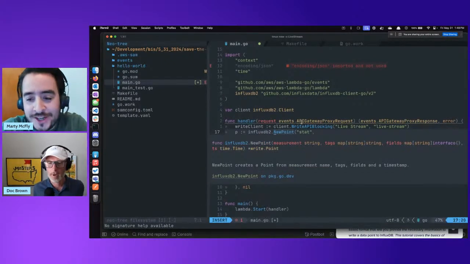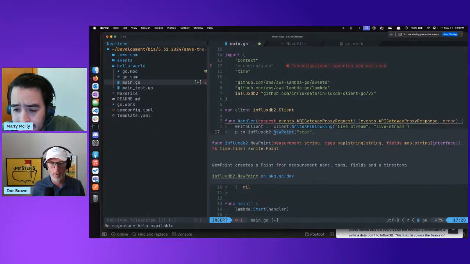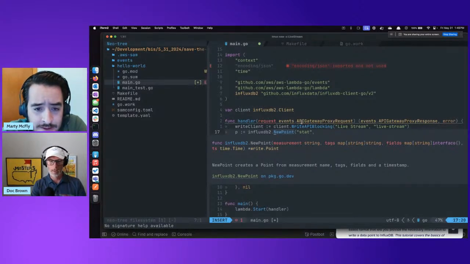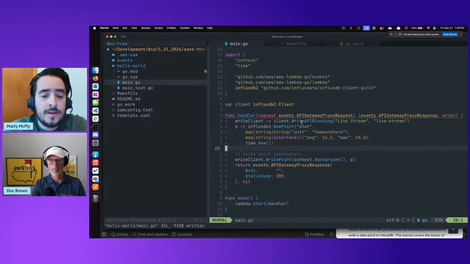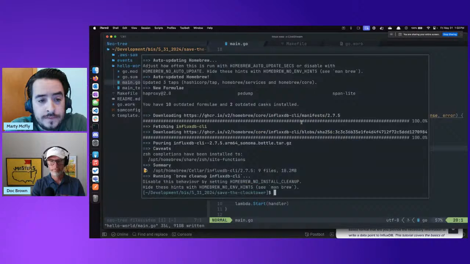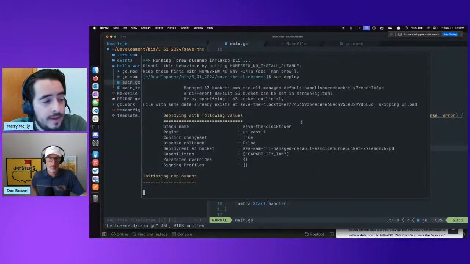There. Okay. No, it returns back a point, and I wonder if I can marshal that point too. I tell you what, let's do this. Let's deploy and hit that endpoint and see what happens.